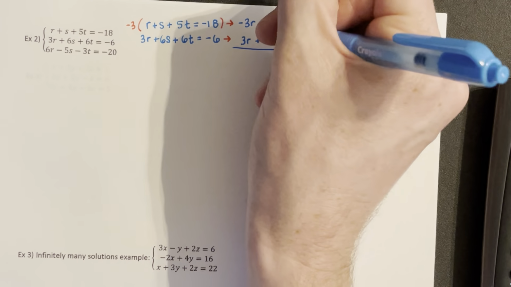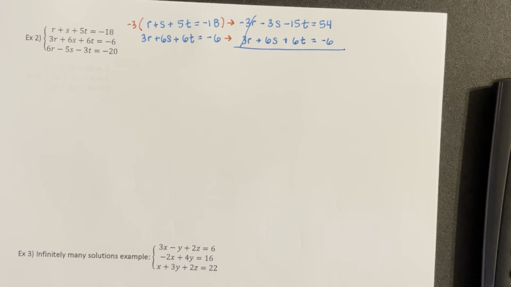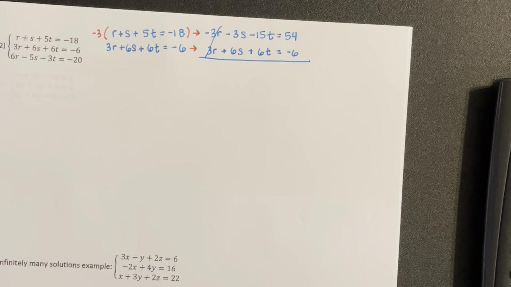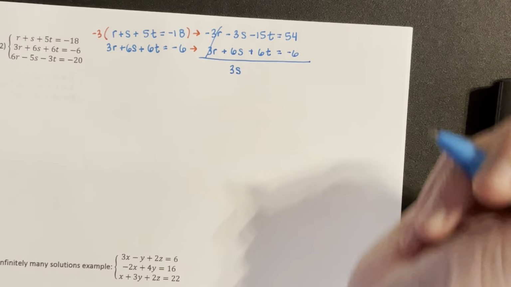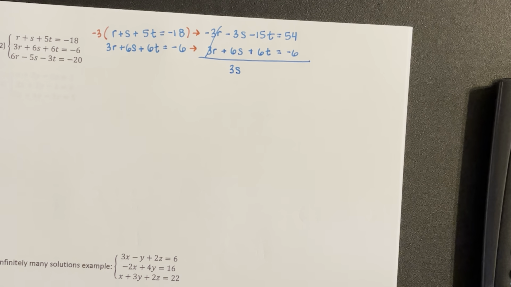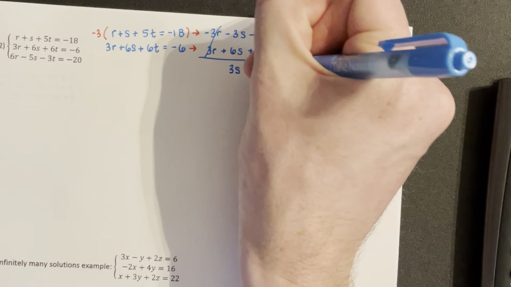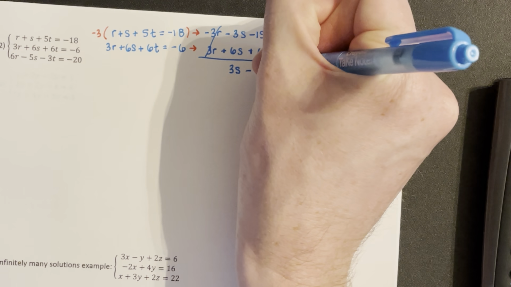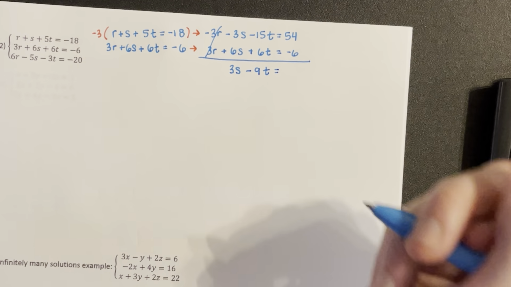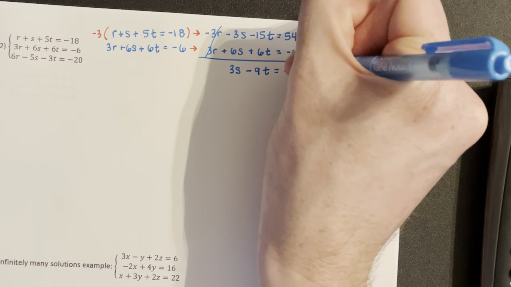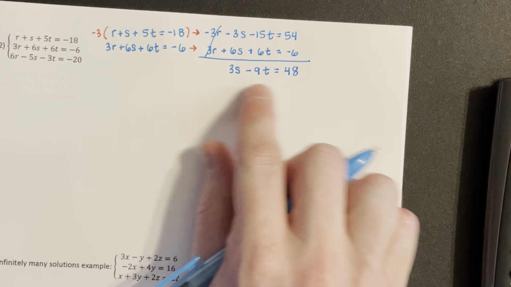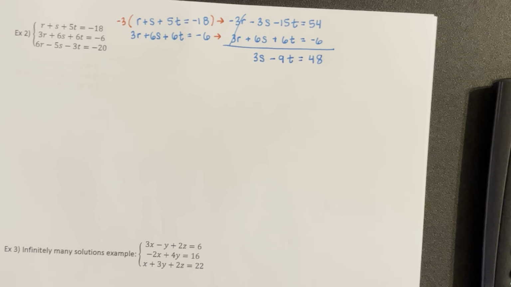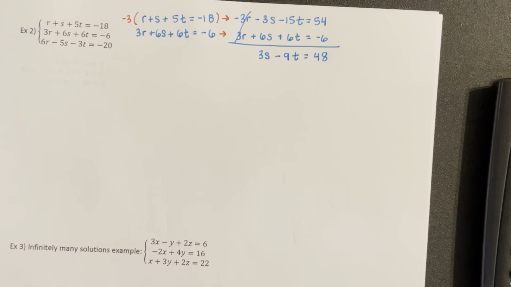So when you add that straight down, the r's are what cancel out this time. Gives us a 3s, negative 15 plus 6, negative 9t, and then 54 minus 6 is going to be 48. So we have a system that looks like this down to 2 variables. We still need to get the other ones down to 2 variables, so let's take that first and last one